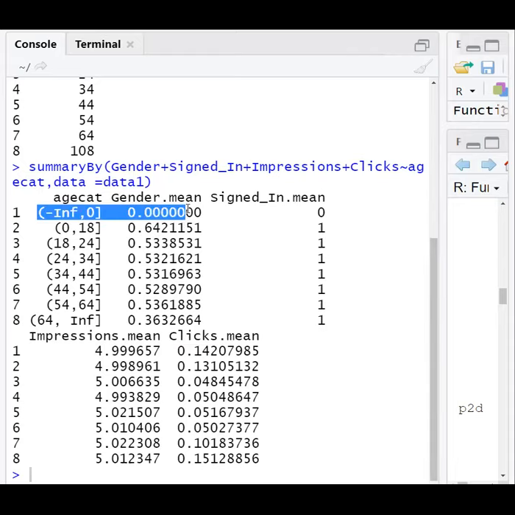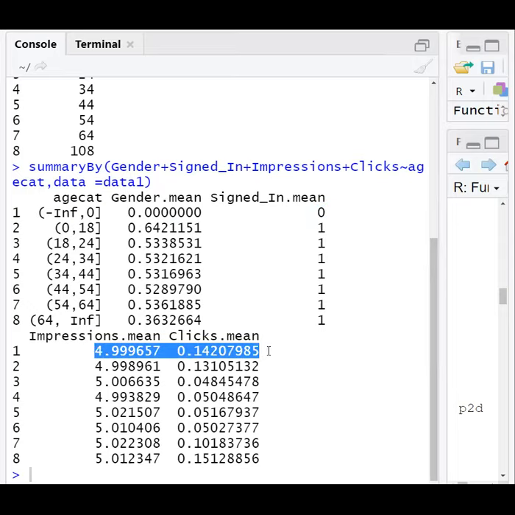Why is it 0? Gender is present only for the logged in users. Signed in information is 0 means they are not signed in. So clicks and impressions are present for non signed in users also. So this is the data for other columns. So first we printed the summary of the age column. The remaining columns can be summarized like this also.